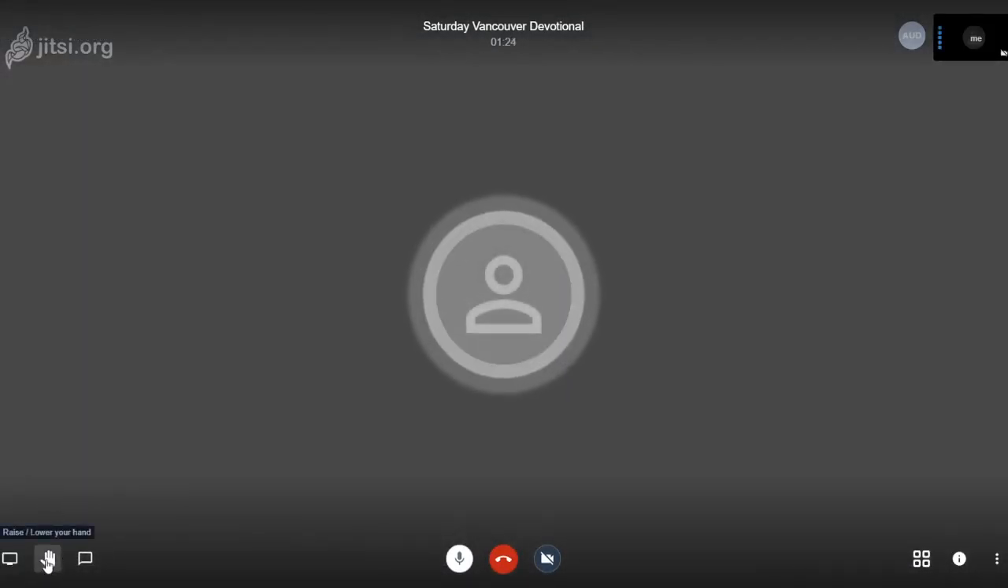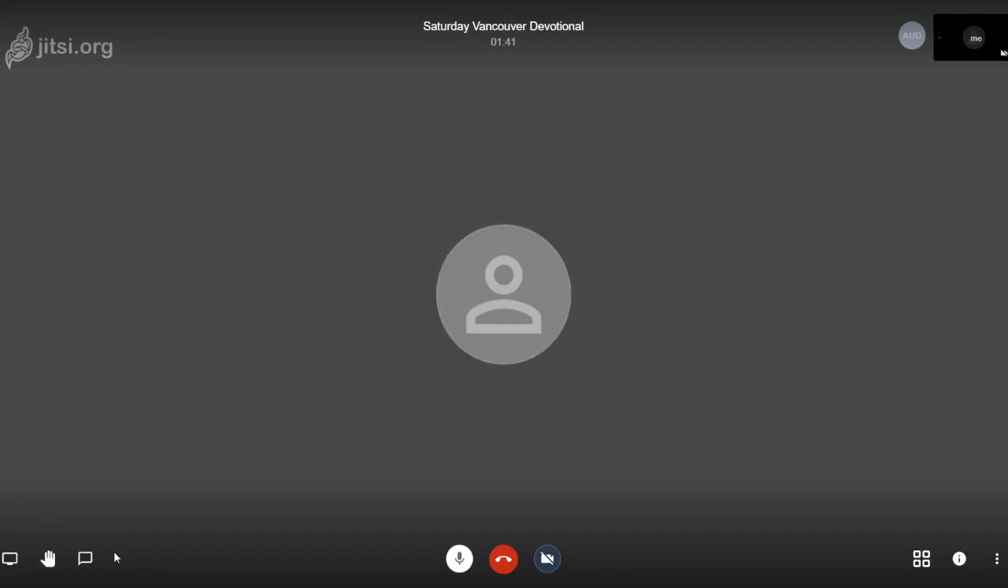The next button is raise or lower your hand. When you press this, it's going to display a banner across the top for everyone, a little notification saying that you have raised or lowered your hand, and you notice it is selected right now. We can press it again to lower our hand. That can be helpful